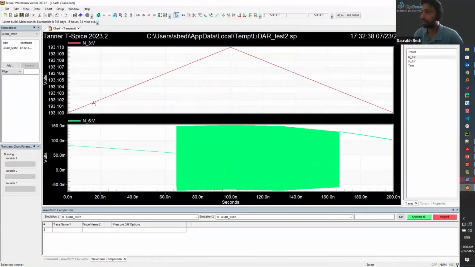On top, we have the N3 probe, where you can see that the frequency is being ramped up from 193.1 terahertz to 193.11. The rise and fall time was set to 100 nanoseconds. So you can see the ramp signal. This is the signal. N6 is basically the signal coming out of the photodiodes. And as you can see, there is a time delay because of the distance traveled by the light to the